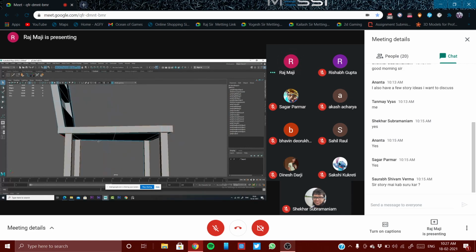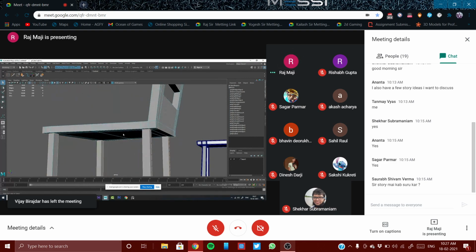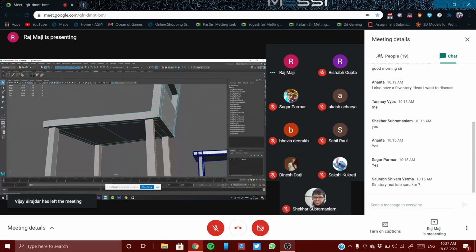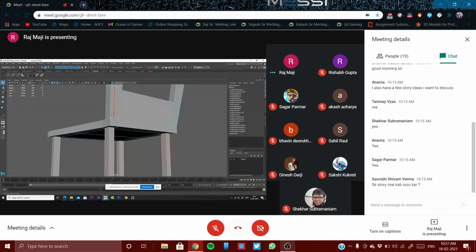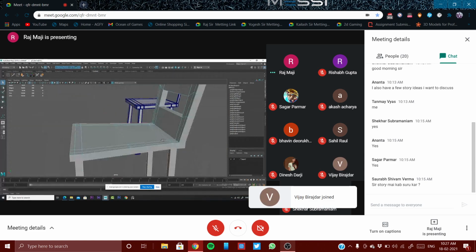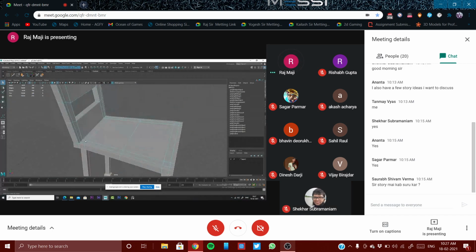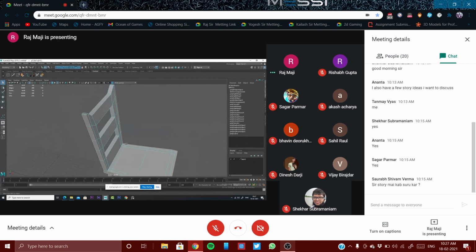See, only this much. I am not selecting this one. Now selecting this one. Selecting this one. Not the in between. Selecting this one. So all the edges should not be beveled. Selecting this, selecting that.